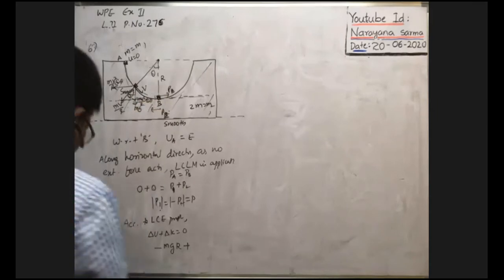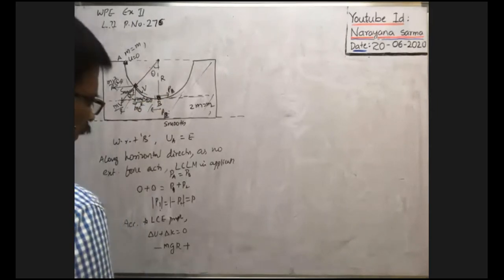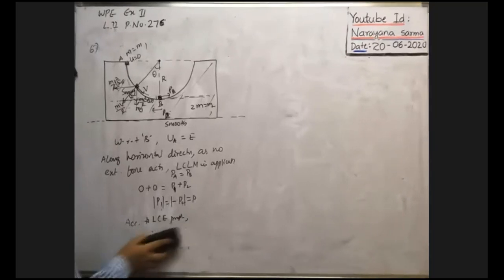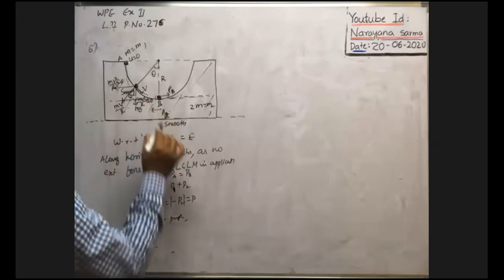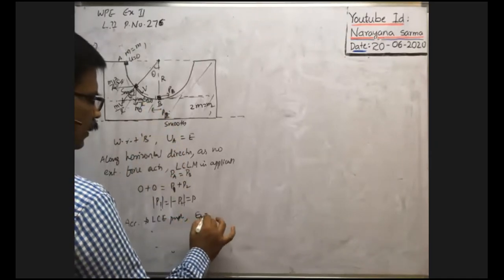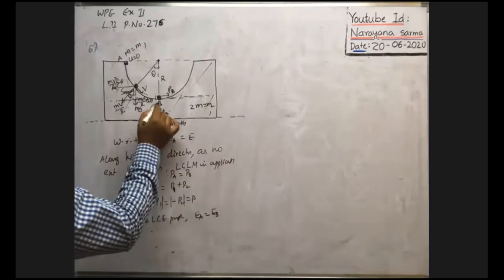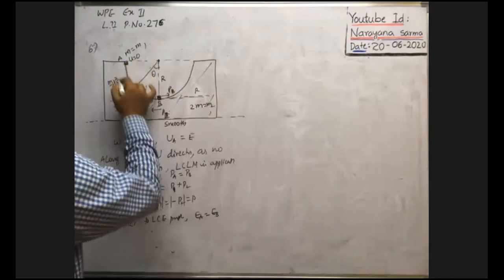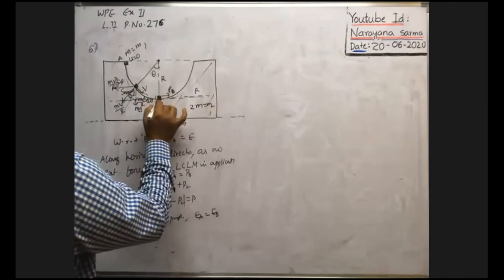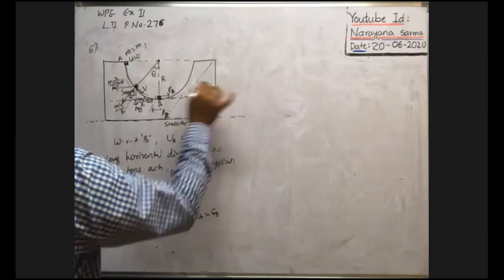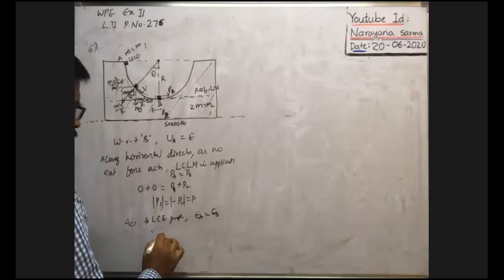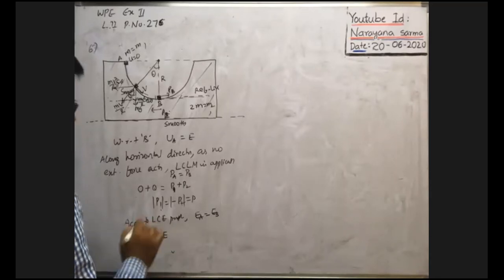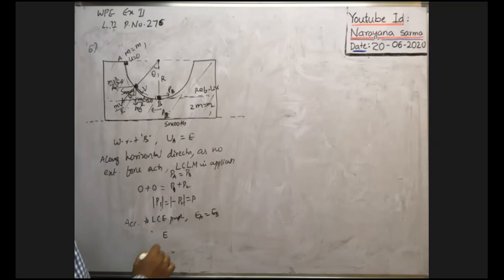We can write the conservation of energy principle in an easy way also. According to the law of conservation of energy, the total energy at A is equal to the total energy at B for the system. Total energy at A: you take the horizontal line passing through the lowest point as the reference line, because the body comes to the lowest point here. From the reference line, as the body is at a height h, it has potential energy. The potential energy of the body at A is UA plus kinetic energy KA.